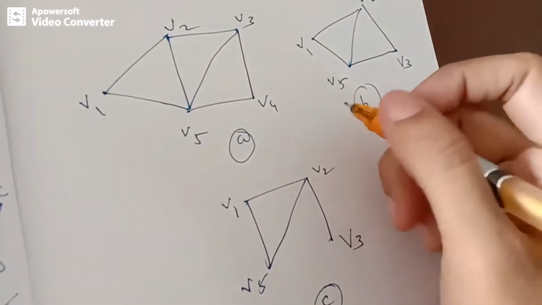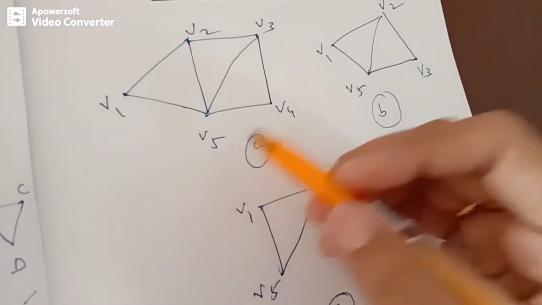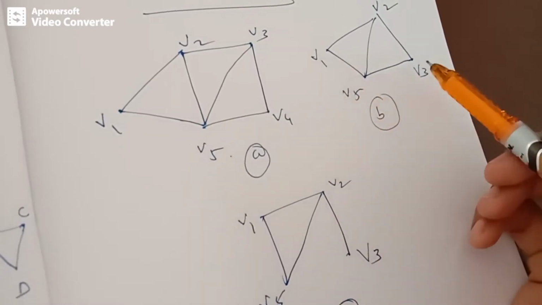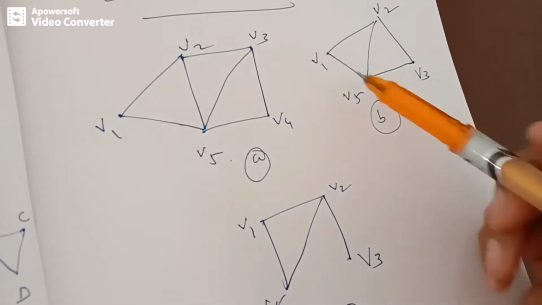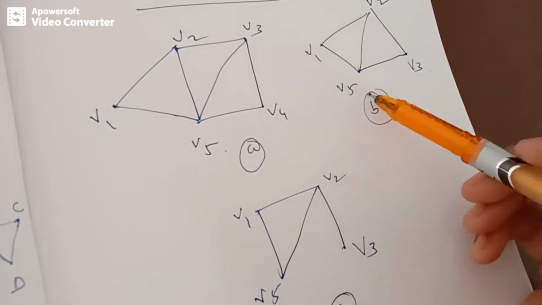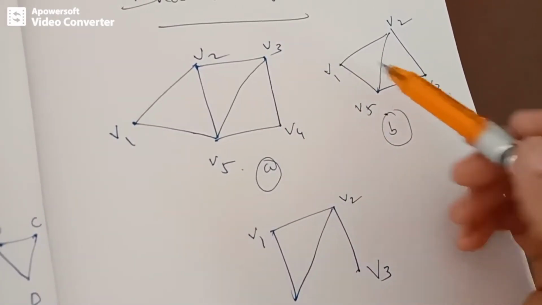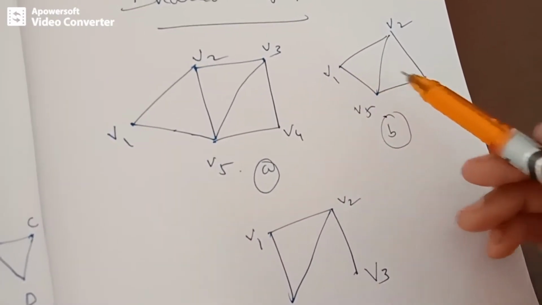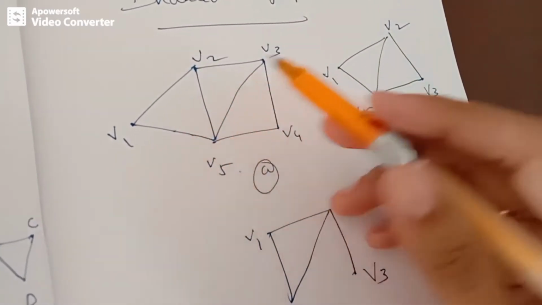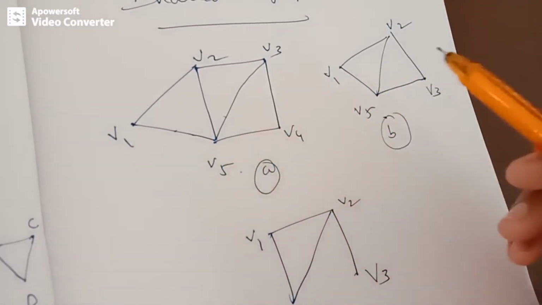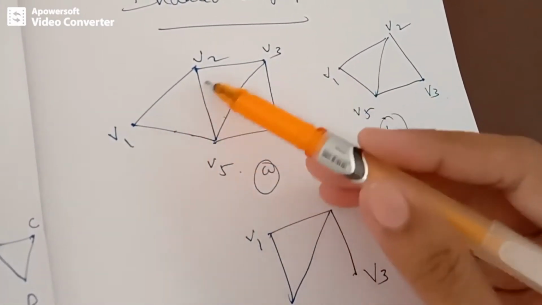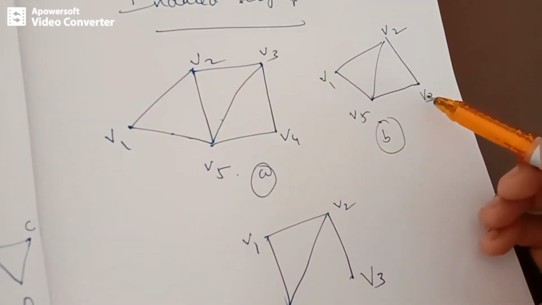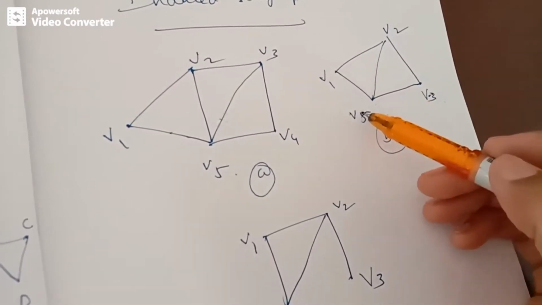So we can start comparing these 3 graphs. This is the original graph, and you can observe that these are the vertices V1, V2, V5 and V3. For these vertices, are the edges the same as in the original graph, or is there any extra edge to be added between the vertices? Is there symmetry between this graph and this graph? V1 to V5 there is an edge. Yes. V1 to V2 there is an edge. V2 to V5 there is an edge. V2 to V3 there is an edge, and V3 to V5 there is an edge.